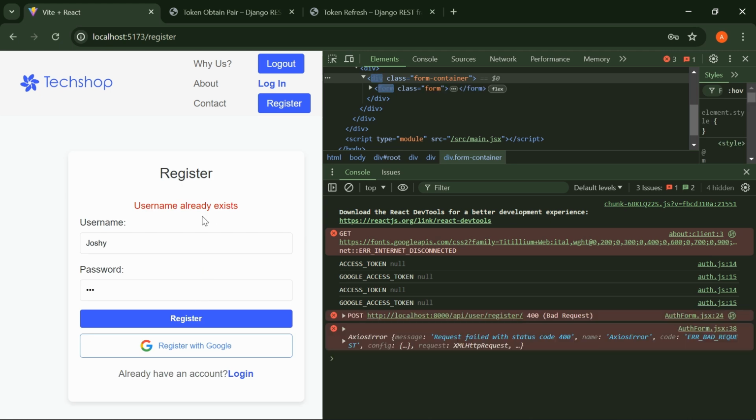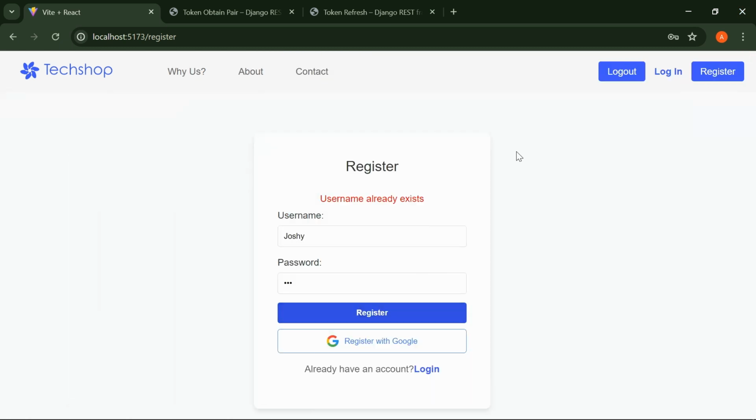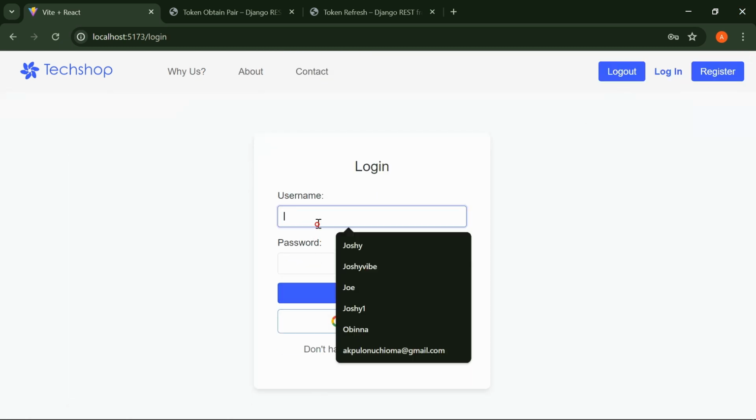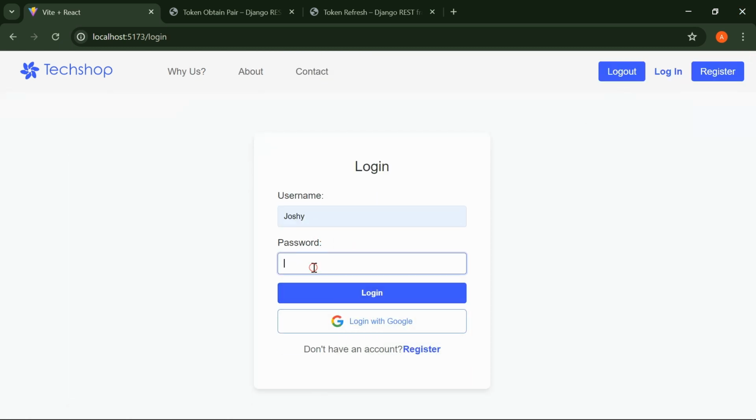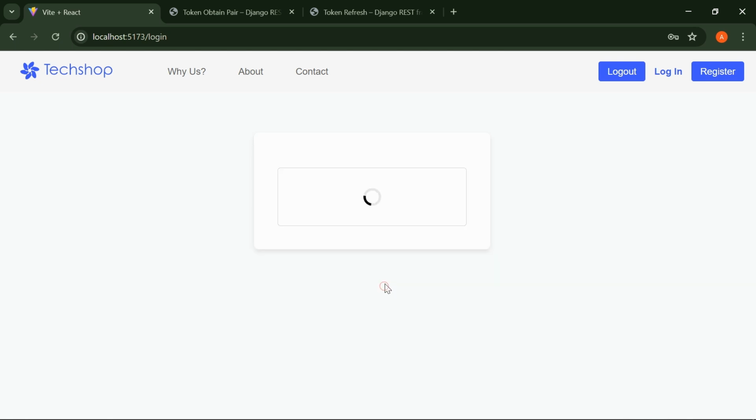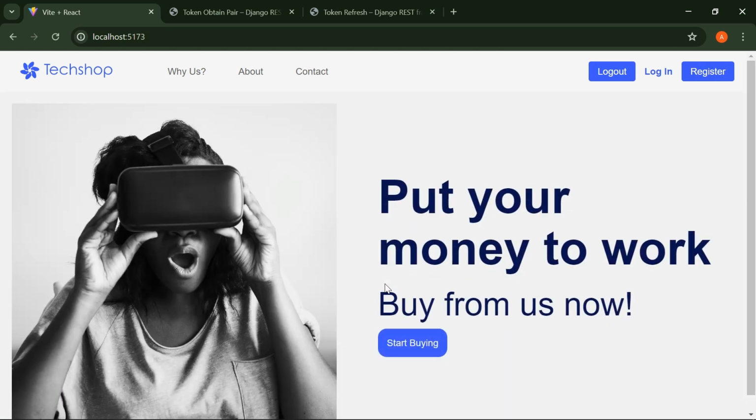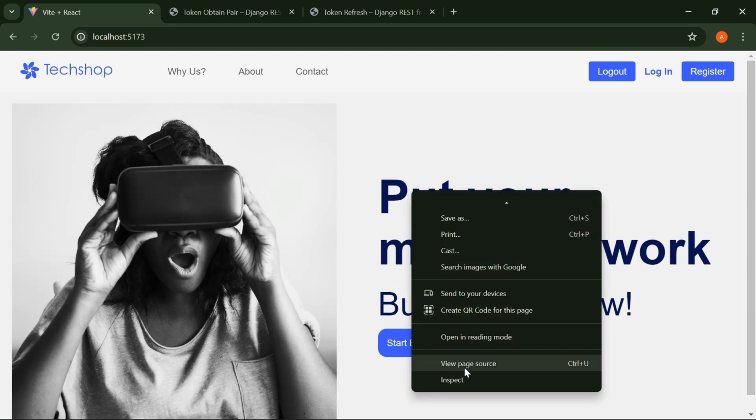Register. Boom, username already exists. There's a connection now. As you can see, it's showing a post request 400 bad request because the username already exists. So let's try to log in here. Log in. All right, so we have been able to log in, but because I have not set up my